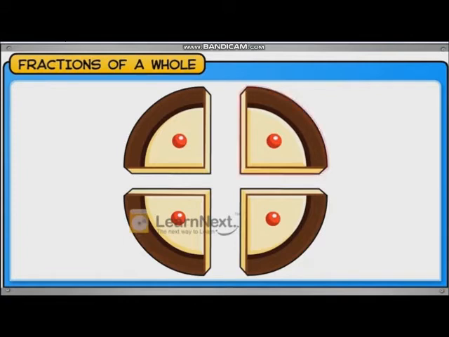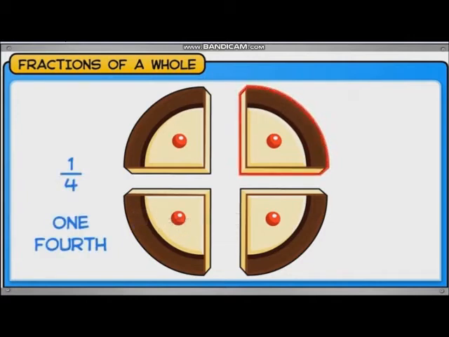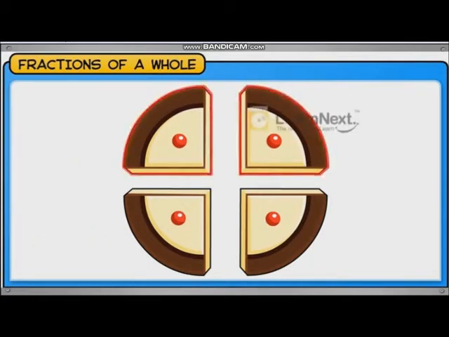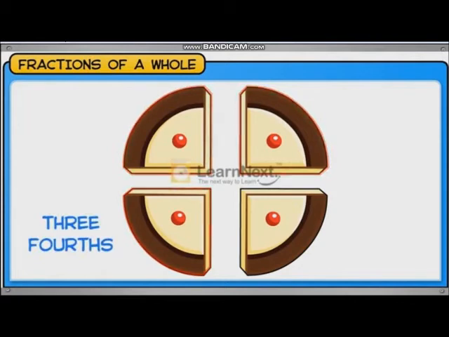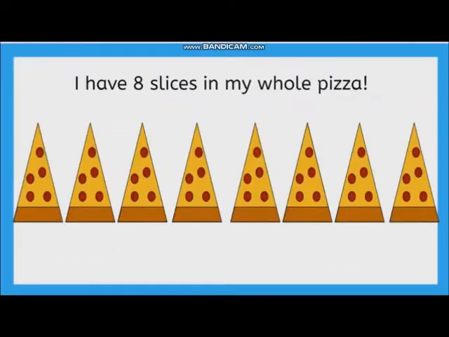And these 4 equal parts are known as quarter. हम इसे क्या read करते हैं? Quarter. Or we will say it as 1/4 and the fraction form will be 1/4. This is 1/4 part. So 2 parts will be 2/4 because हमने इसी 1/4 के 2 parts को लिया है, so it will be 2/4. And when we take 3 parts of this 1/4, so it will be called 3/4 and we will write it as 3/4. Now let's learn fractions in collections.